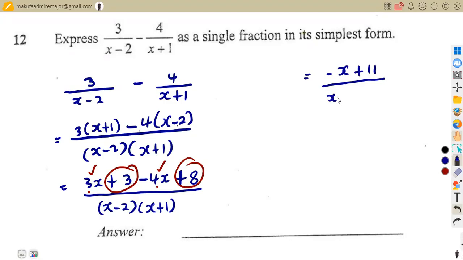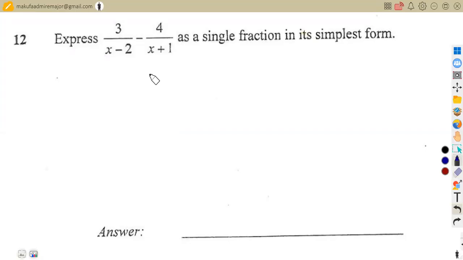Everything over x minus 2 into x plus 1, like this, which is the same as 11 minus x over this, is just one and the same thing. All right, so I was saying we can simplify this in this other way. Let me have it this way: 3 over x minus 2 minus 4 over x plus 1. We know that if the denominators are the same, we can simply subtract or add whatever